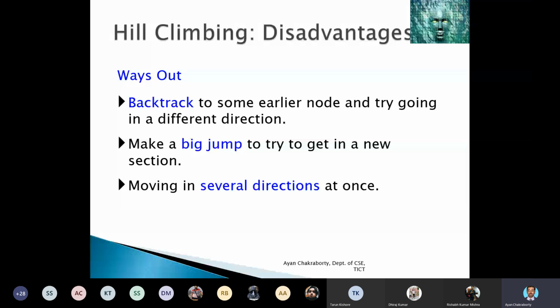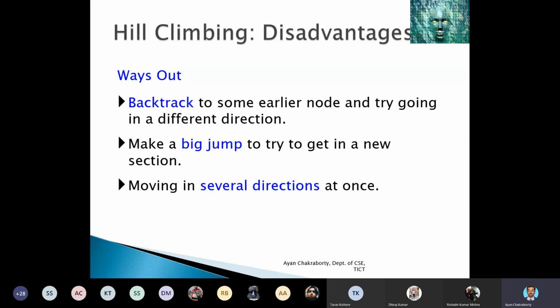As the hill climbing algorithm does not guarantee the optimality of the result, if you get stuck at any step, you have to go back to the previous node to find the next most suitable child to proceed further. That is called backtrack.